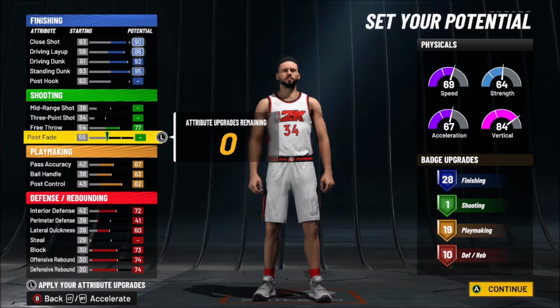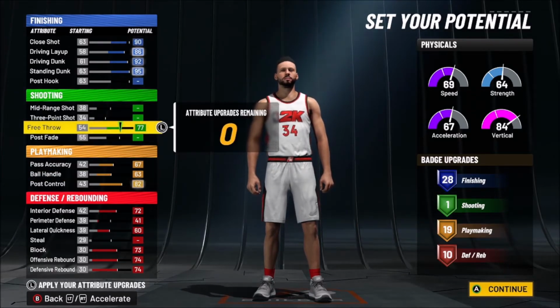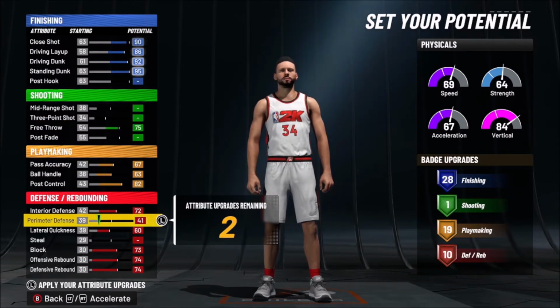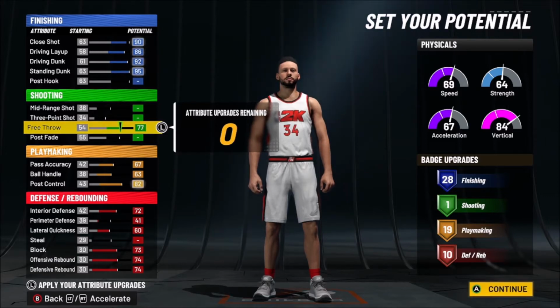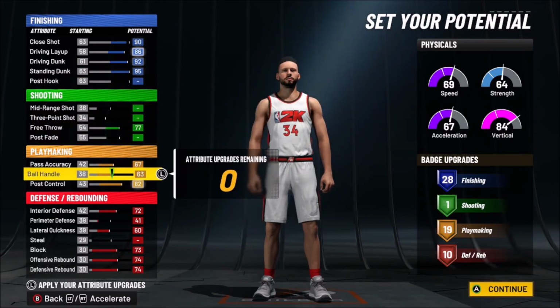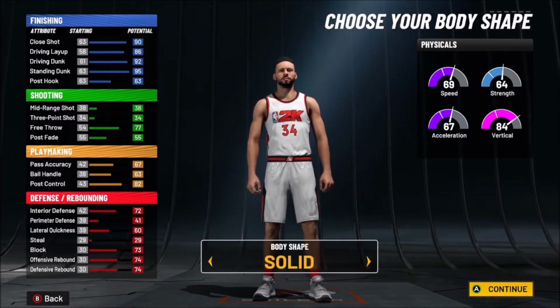We have our free throw up there, so whenever we are playing rec or whatever with this build, this is definitely going to be useful for sure. Unless you wanted to drop it to a 75 and then put more points there, it's completely up to you. But I mean, yeah, let's just face it. This is pretty much going to be the best that this build is going to be when you're trying to make it sort of like a Giannis type build, especially